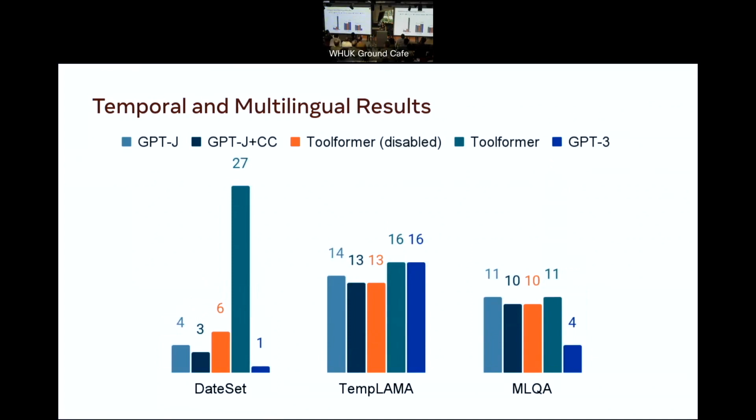And then finally, we have temporal and multilingual results. The first two, DATESET and TEMPLAMA, require temporal awareness. The last one there, MLQA, requires multilingual capabilities. And in this first one, DATESET, it's a dataset created by us, and it basically asks